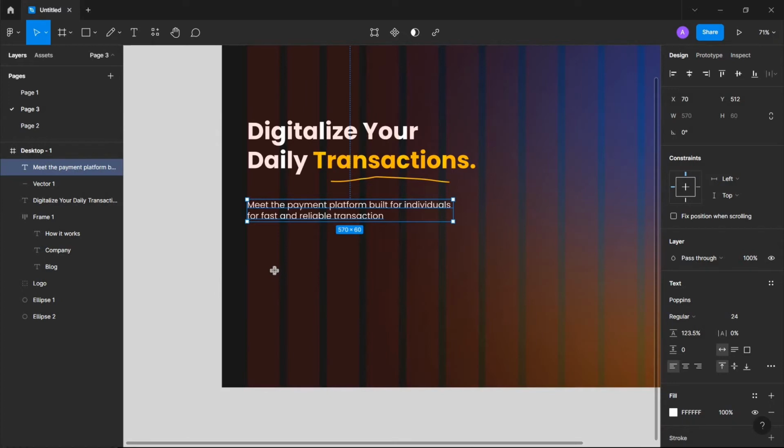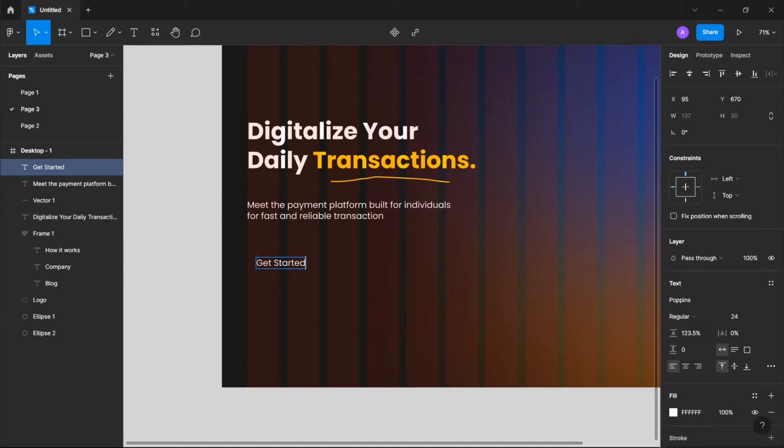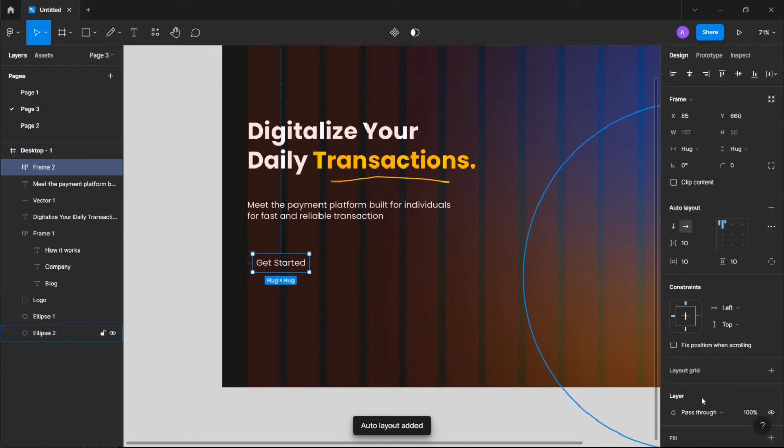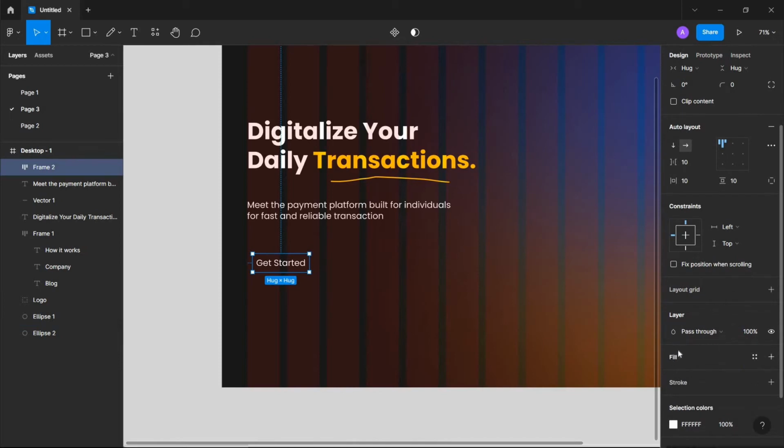buttons. So to do that, I'm going to click on T, this text tool, and type get started, the button text get started. Then after that, I'm going to right click on the text and click on add auto layout. Then after that, I'm going to add a fill to it. So to do that, I'll just come to this fill and select it. So we have white, but I'm going to change it to